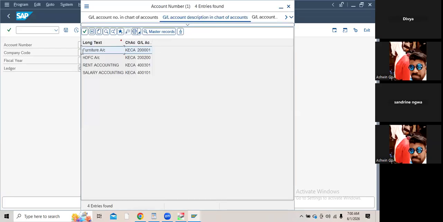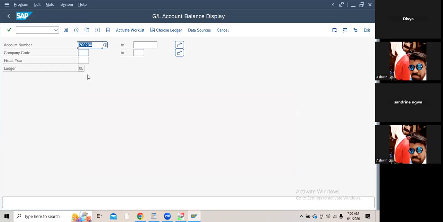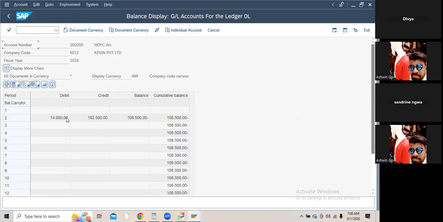Let me select the bank GL account. My company code I have assumed as KEVI, and the fiscal year is 2026, which is the current year. Then if you execute,